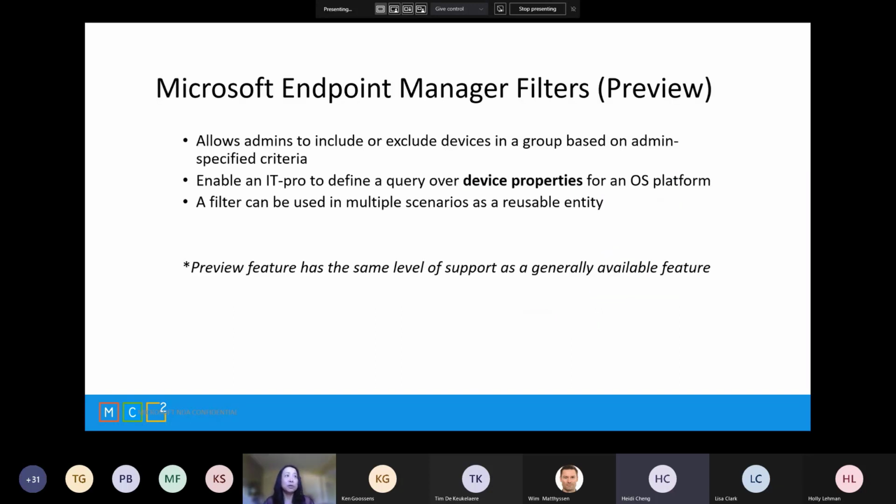So basically, filters really allow the admins to either include or exclude the devices on top of a group that you already have. So you can continue to leverage your existing groups. You don't have to recreate things, but then you can really zoom in within that group. And this